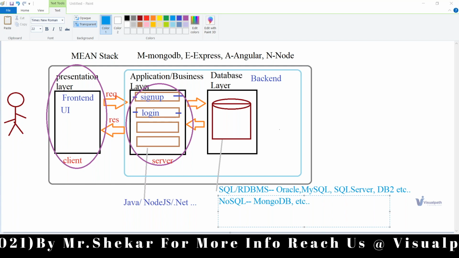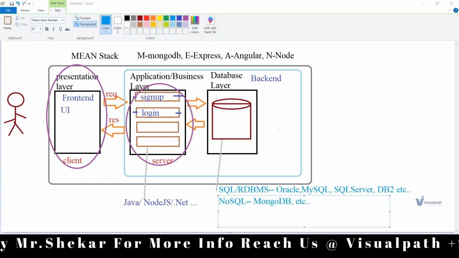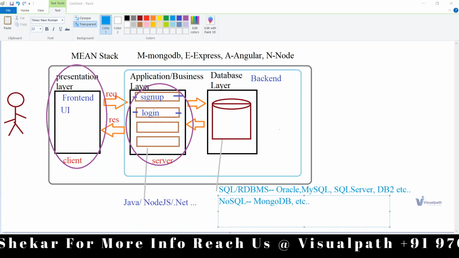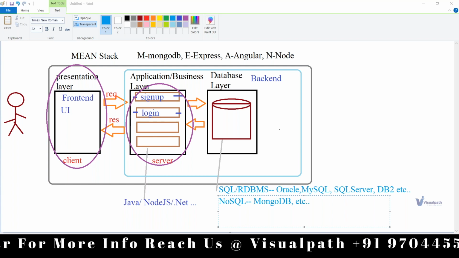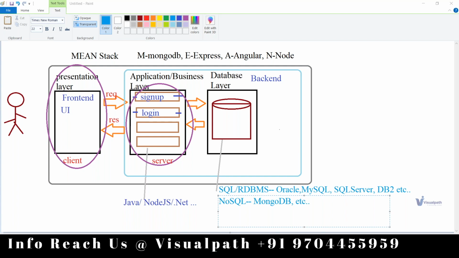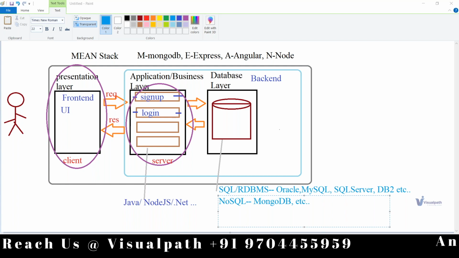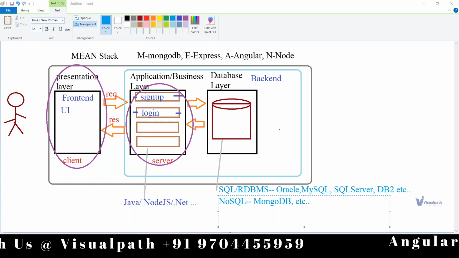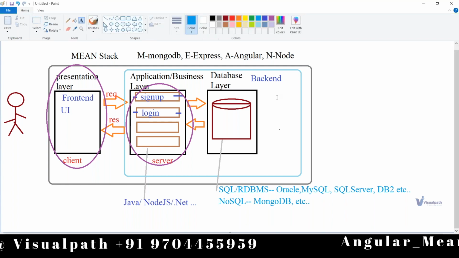So definitely we have to process the data in an unstructured way, right? That is the reason. If you go with MongoDB, which is NoSQL related, it supports structured data as well as unstructured data. Clear? So this is about your database.